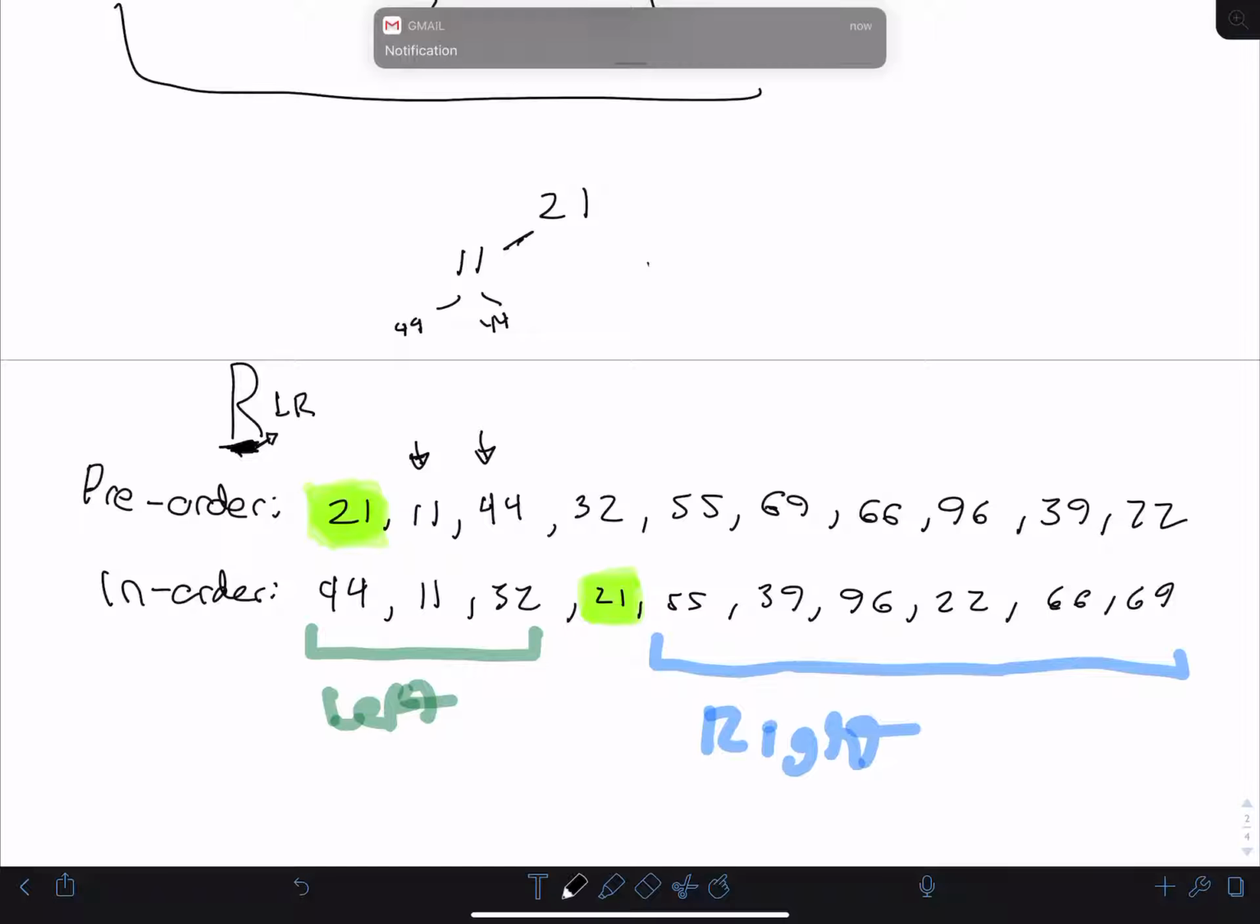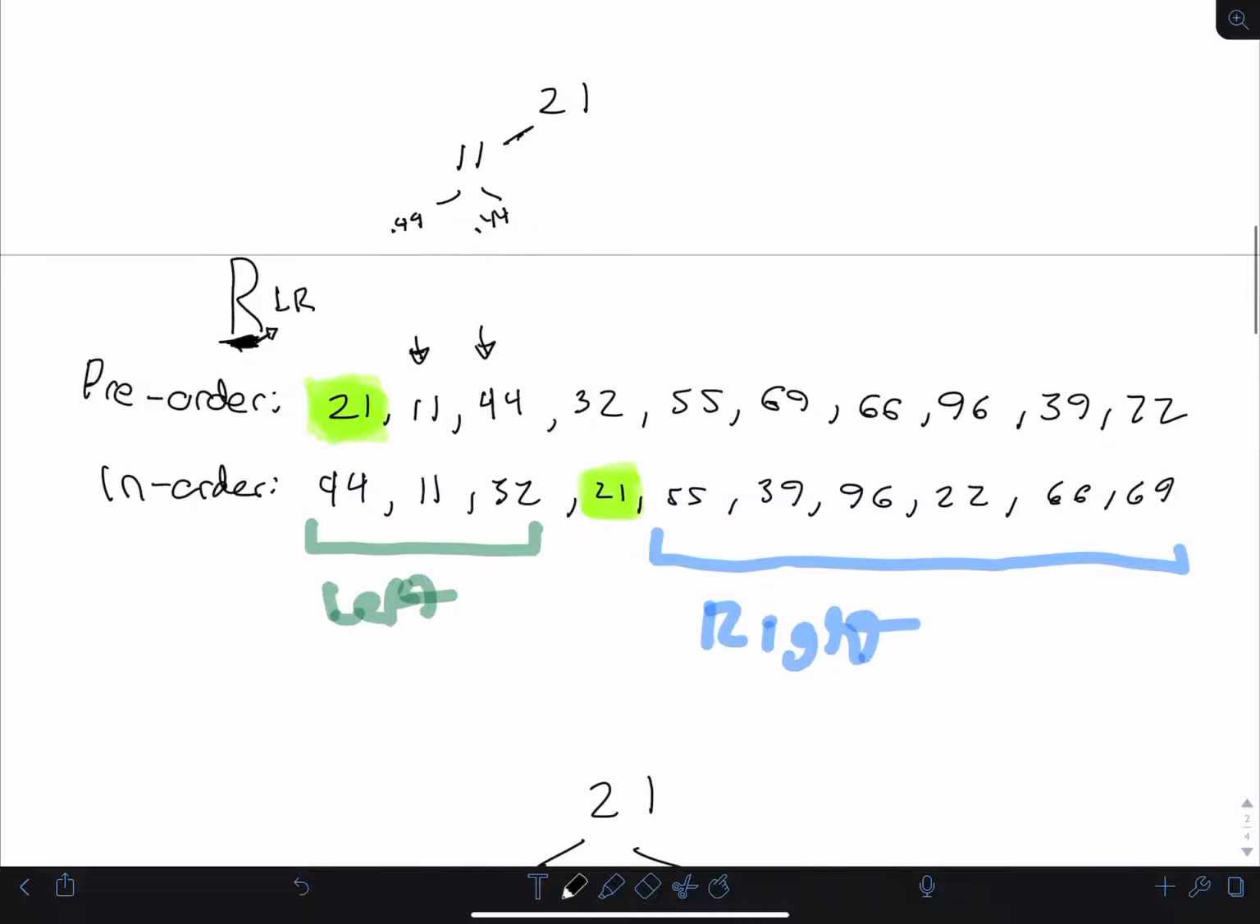And then 44 can be a child here, here, or maybe even here, but not on the left side of 21, because we see this first. And if we remember that preorder means that you have to visit the root first before you print it out, then that kind of gives that away. So because of that,